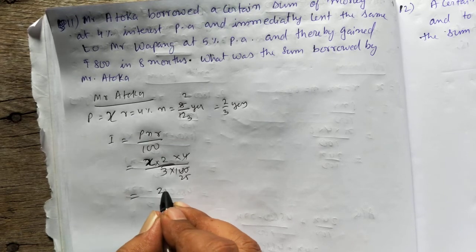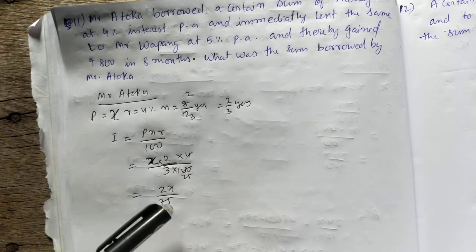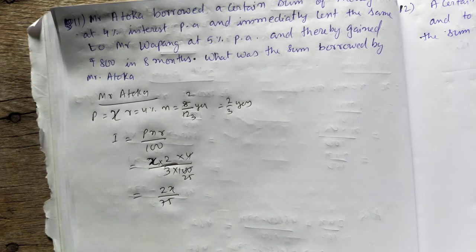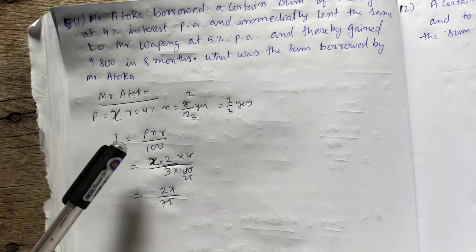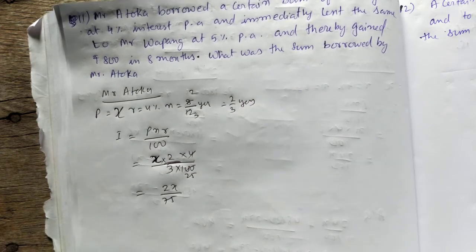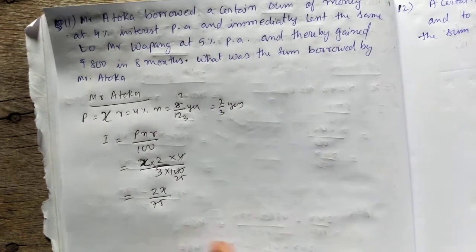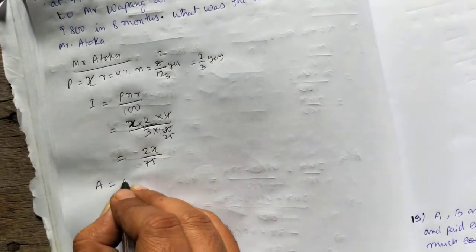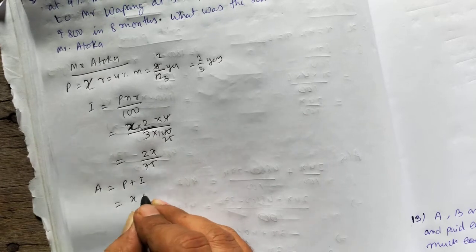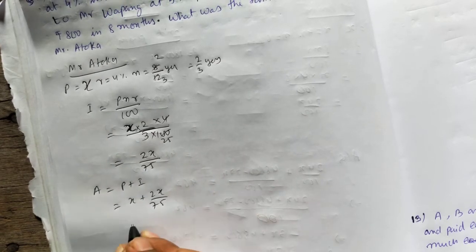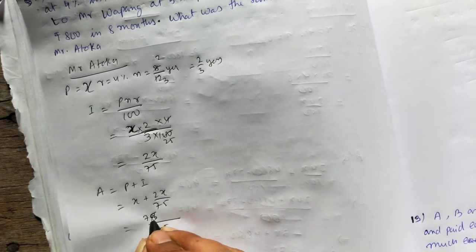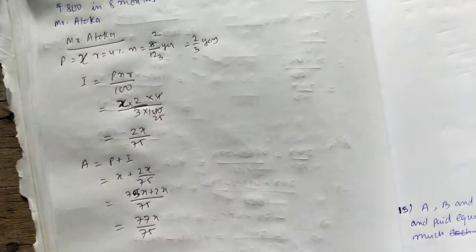We will write 2x by 75 is the interest, this much interest Atuka has to pay. Okay, now this will amount to rupees how much? If you take the LCM, 75x plus 2x, 77x by 75. Clear? Now this amount